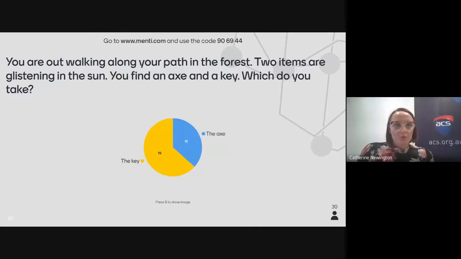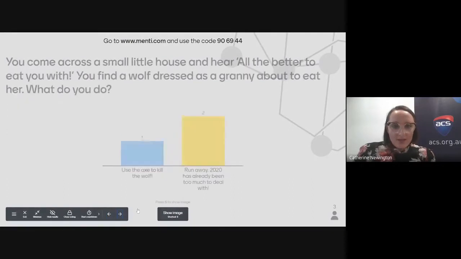Oh, beautiful. So what we now have, depending how we would normally like this to be running, is that whichever one you would pick, the key or the axe, that would then take you down to a different path. So you've now just experienced user input by deciding which one you would take, and then we would branch off to either side. A little bit difficult to do that as a webinar. So the first one is that if you did pick